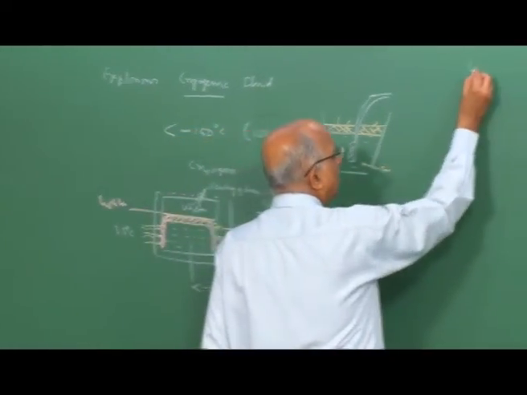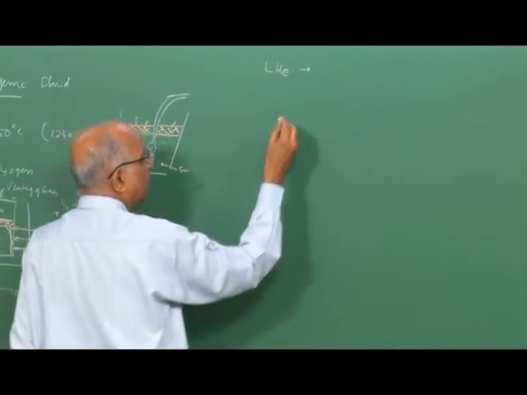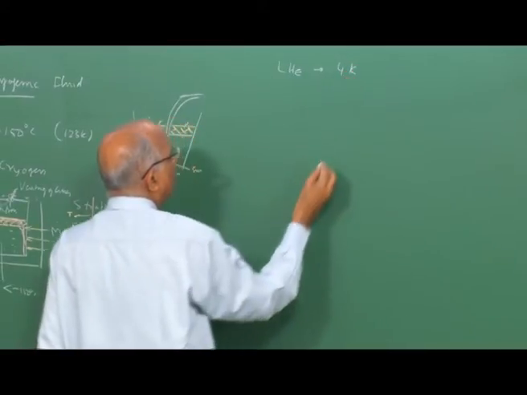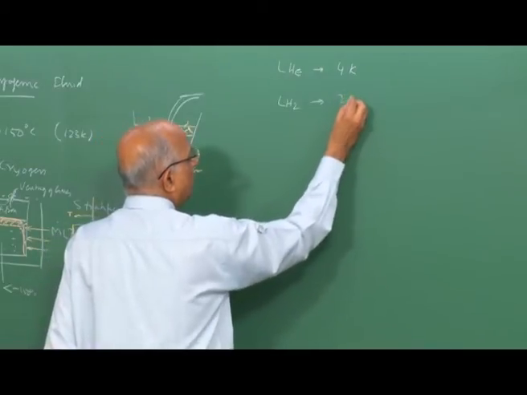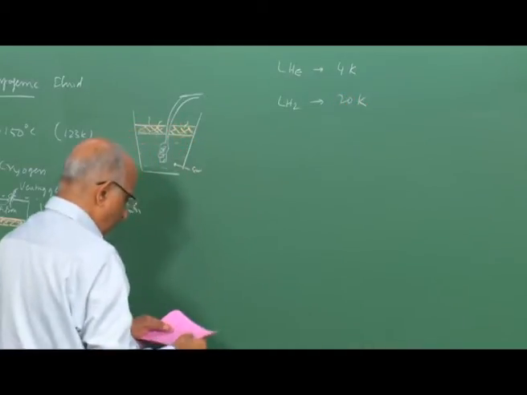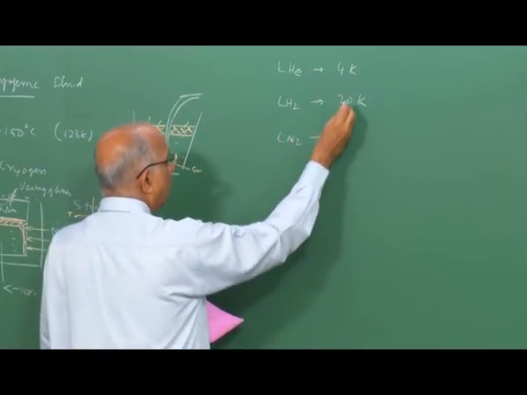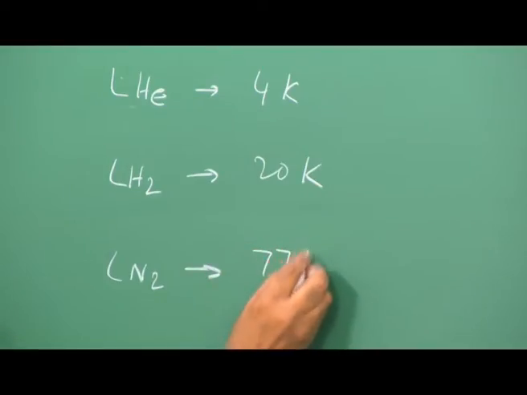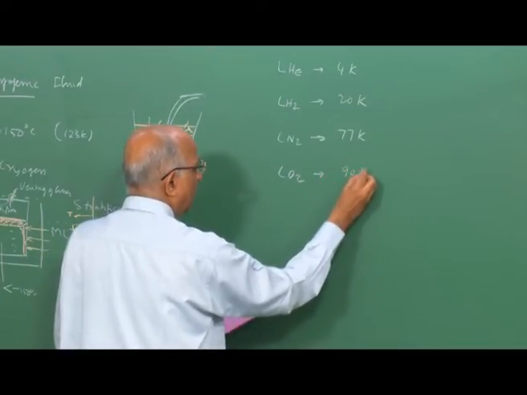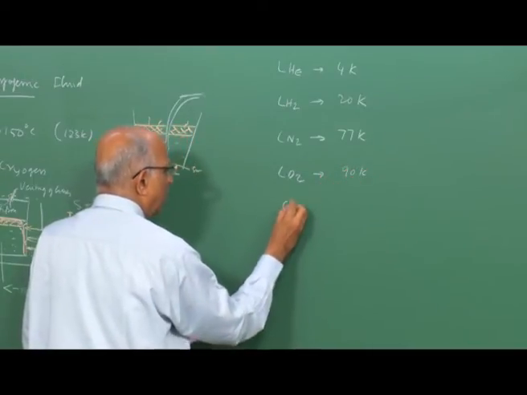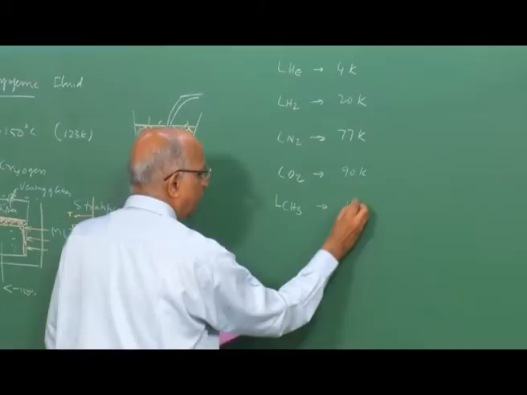Well, we can talk of liquid helium. Liquid helium has a normal boiling temperature at atmospheric pressure of something like 4 Kelvin. You could have liquid hydrogen. The normal boiling temperature at atmospheric pressure is 20 Kelvin. I could also think of liquid nitrogen, which has the normal boiling temperature at atmospheric pressure of 77 Kelvin. I talk of liquid oxygen, which is at 90 Kelvin, the boiling temperature. And the last one, I talk in terms of liquid methane, and the boiling temperature is 111 Kelvin